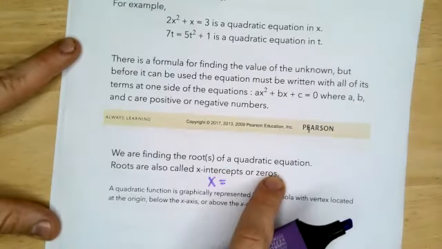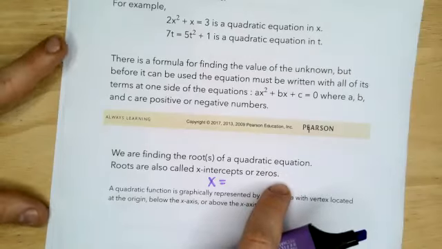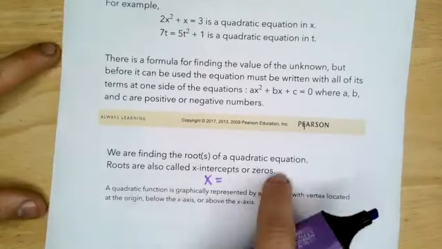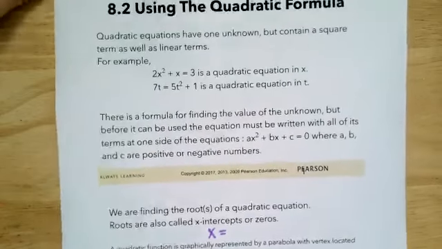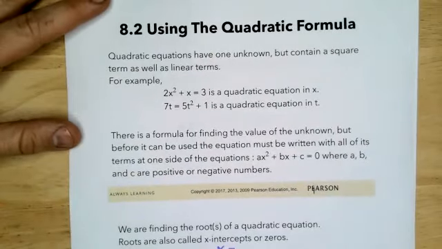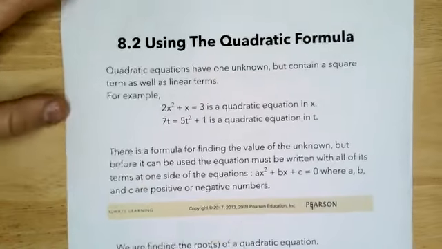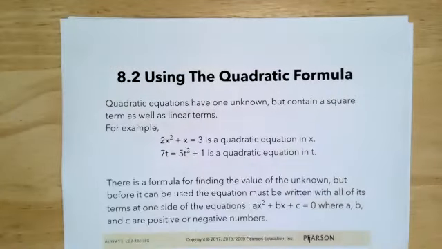An x-intercept is also called a zero. And sorry, they're also called roots. So there are three interchangeable names for them, but I just wanted to, with the first two slides, explain what we're doing when it says find x. Okay, so a quadratic equation is